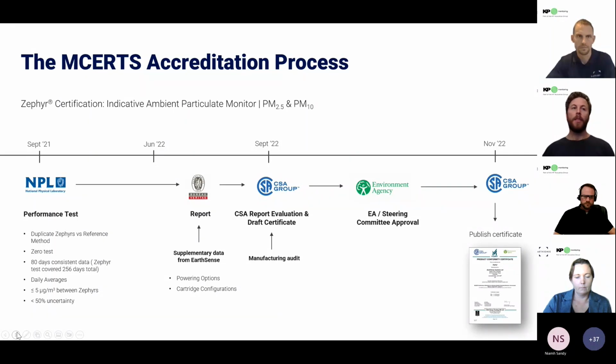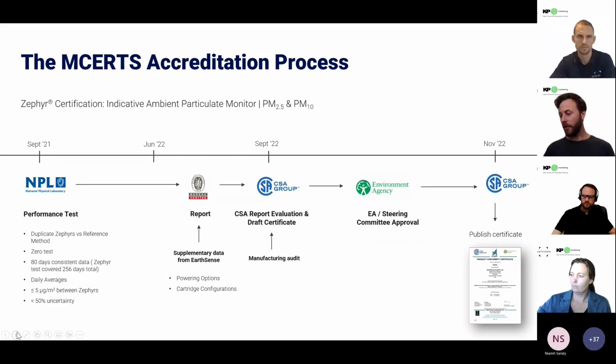The performance test data went to Dave Harrison at Bureau Veritas, and he's been a real pillar in here. So a big shout out to him. He's been really helpful. He compiled all the information into a standardized report, which was then submitted to CSA this year in September.